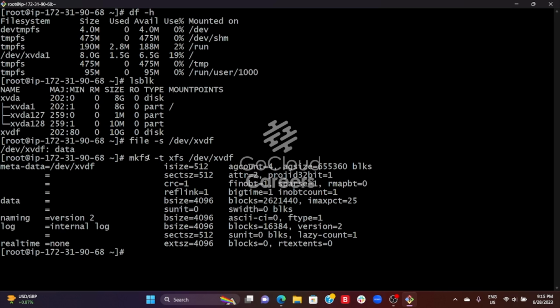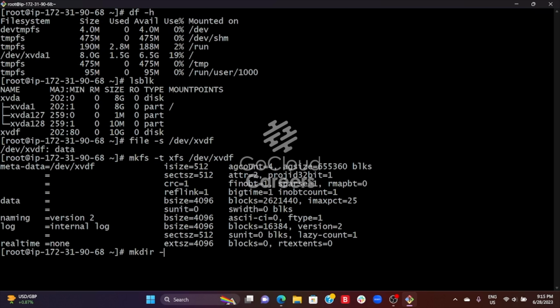And now we have created a file system for our disk. Now we are going to create a directory in which we're going to move this disk to and mount it to our EC2 instance. So to create a directory, we're going to use the mkdir command